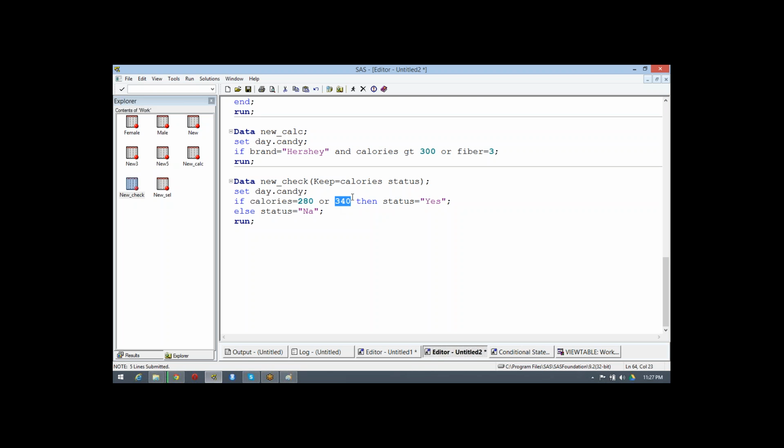The true value always comes as 1, so any value which exists in your dataset is true apart from dot or 0. So if you're giving dot, then the answer will change, because dot is considered as a non-negative number.